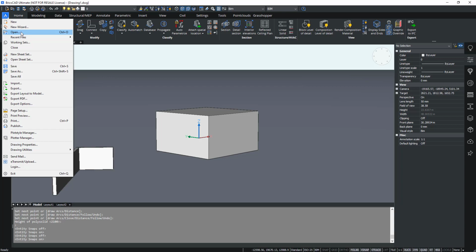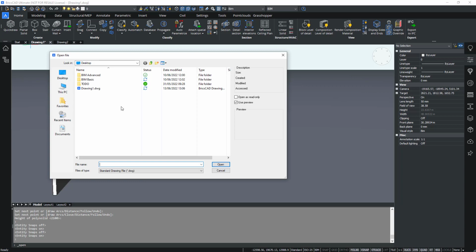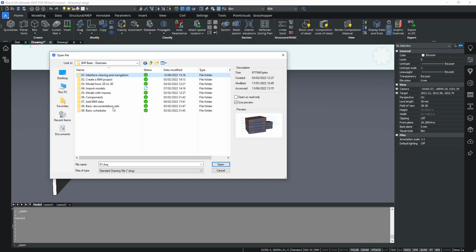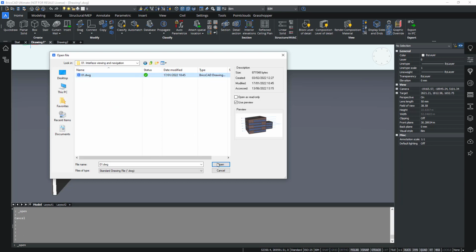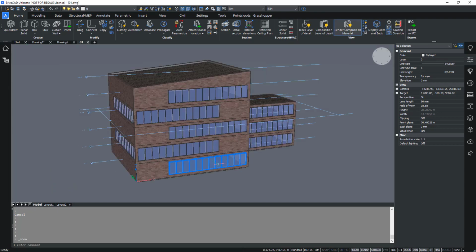And we will see how to navigate easily through your drawing. So press the open file icon, and a dialog will appear with your folders on your computer. So we can navigate to the first chapter folder and open the drawing from there.